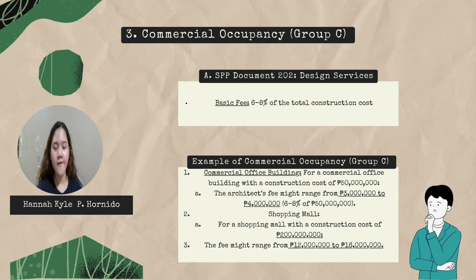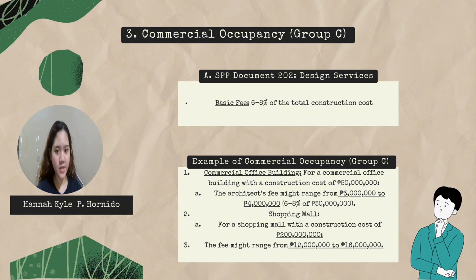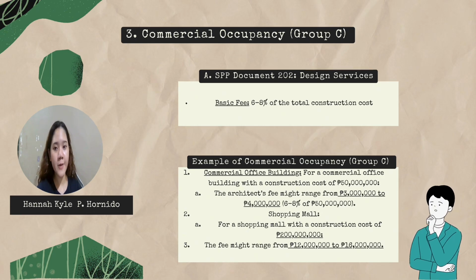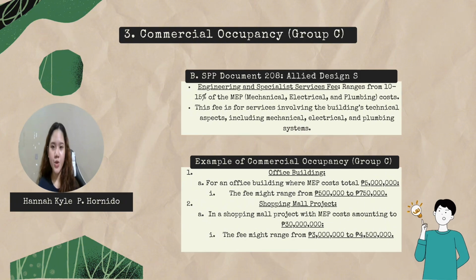Example number 1. For a commercial office building with a construction cost of 50 million pesos, the architect's fee would range from 3 million pesos to 4 million pesos. Example number 2. For a shopping mall costing 200 million pesos, the fee might range from 12 million pesos to 16 million pesos. SPP Document 208, for engineering and specialized services, the fee is typically 10 to 15% of